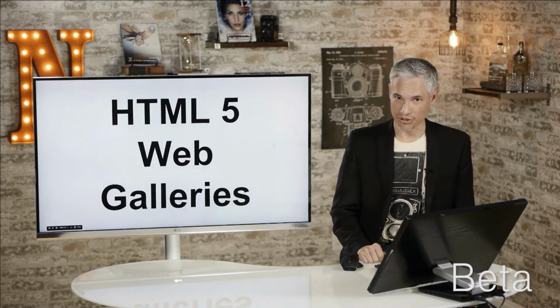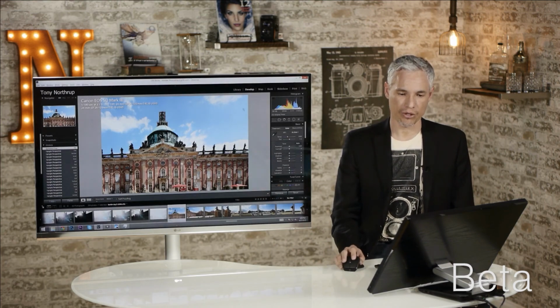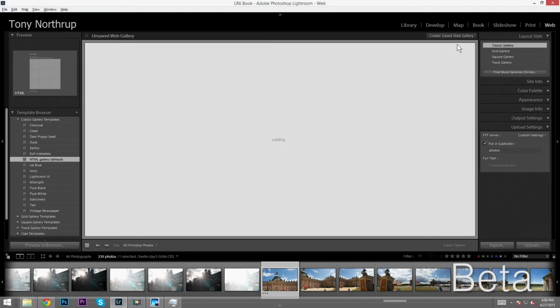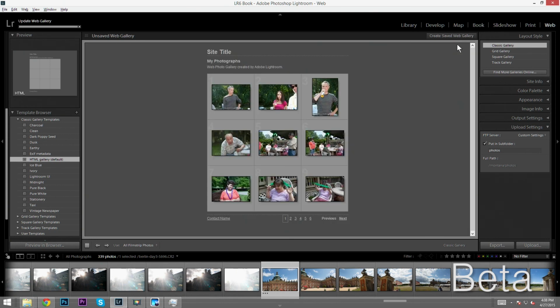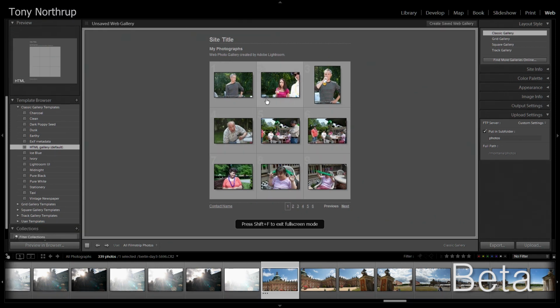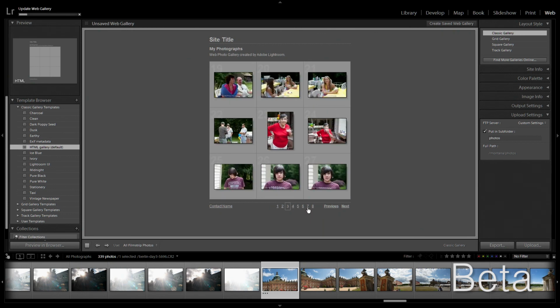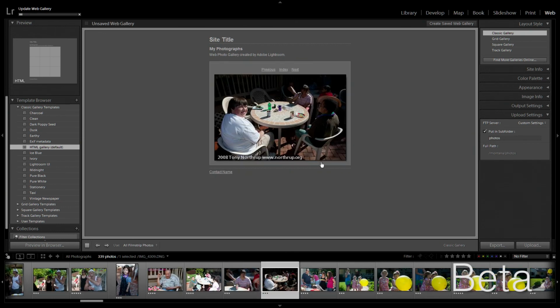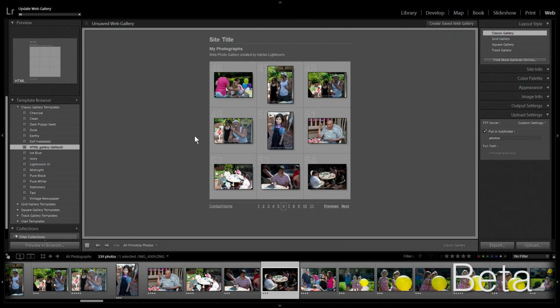HTML5 web galleries. The web module is the worst part of Lightroom, most definitely. It's this very outdated method for creating websites containing your pictures. So if you're not sure what I mean by outdated, this is what the web pages look like. Especially in the past, they had little small grids and you could kind of click these little text links to move back and forth, or hit previous and next. And when you clicked them, they looked kind of appalling like that. So we'll go back to the index, and